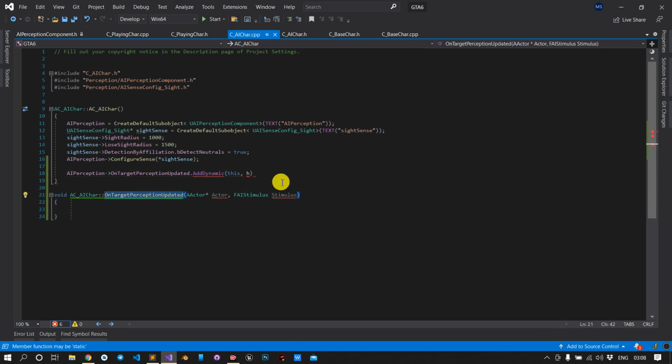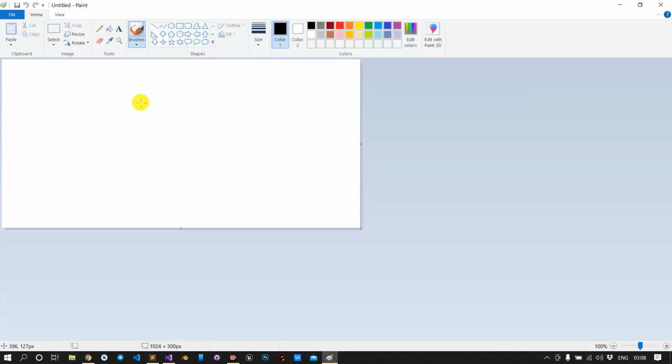Now we have this array address, so just paste it here. Now we have the actor at which we are looking. We have the stimulus. What is the stimulus? Let me open the page first. If the AI was here and I am here, the AI can see in this range.